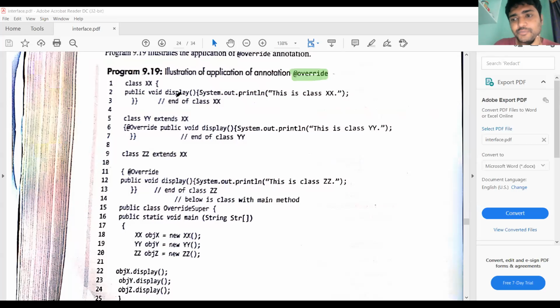In the inheritance concept, we use the override annotation. Let us check this program. I am defining the class XX, and the class has some method display.